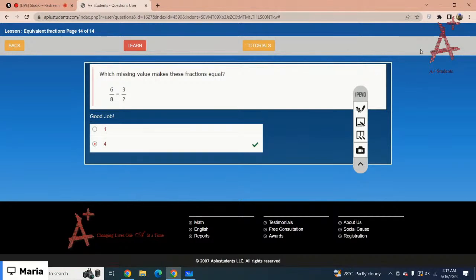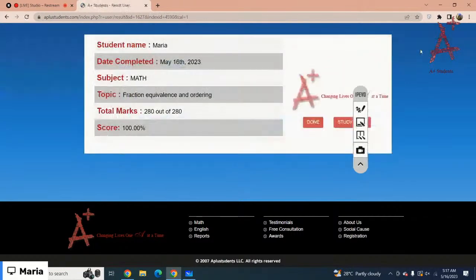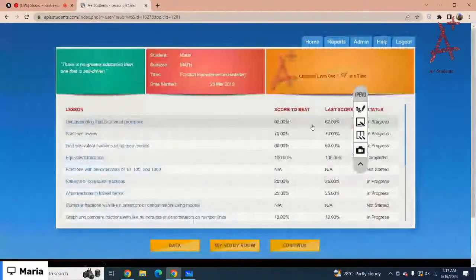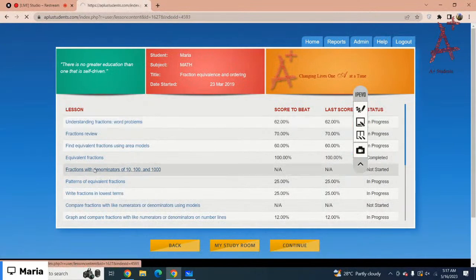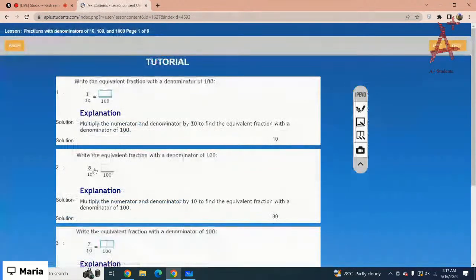Okay, let's just move on to the next lesson. We're done with the lesson. And the next one is fractions with denominator of 10, 20, 100 and 1000. Okay, write the equivalent fractions with a denominator of 100. So basically,